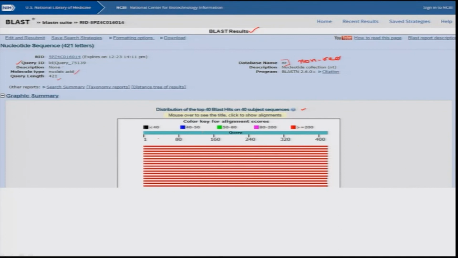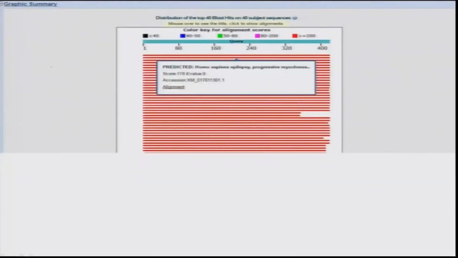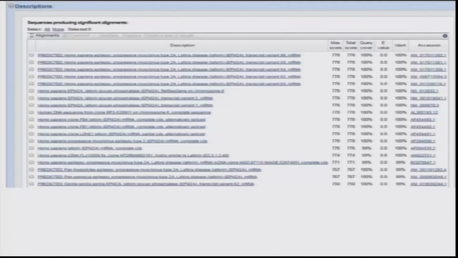So red shows the highest one, and the black shows the lowest one, and this is your query sequence which was 421 base pair long. Now in this you can always get your mouse there, and you can find what that sequence is, what is the alignment, what is the accession number, and what is the E value score, which I will be explaining in a short duration. So this is our description page, where we are seeing that our query sequence has aligned